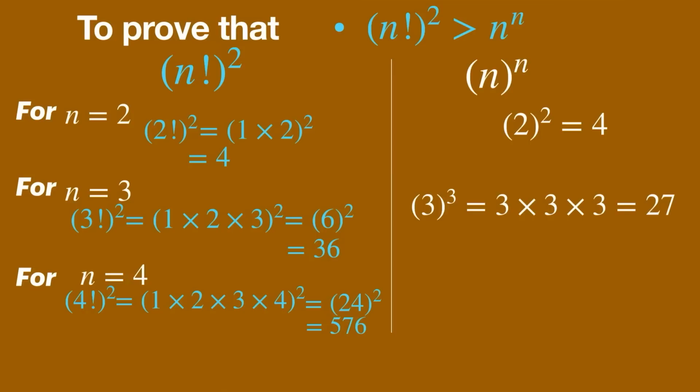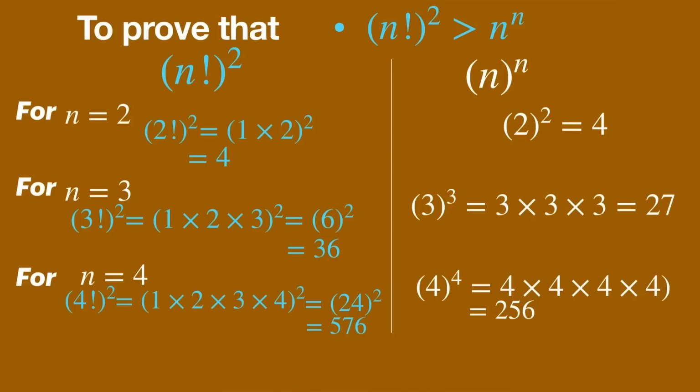And for n equal to 4, n to the power n would be 4 to the power 4, that is 4 into 4 into 4 into 4, that is 256. So now we have shown and compared factorial n square with n to the power n for some values of n, and we saw if n equal to 2, then factorial 2 square and 2 to the power 2, that is 4 and 4, are equal. But for n equal to 3 and n equal to 4,